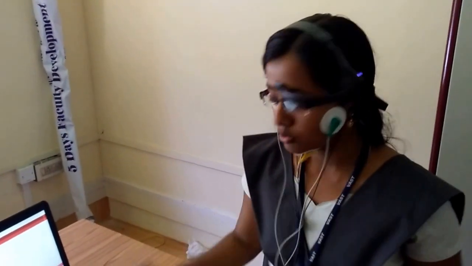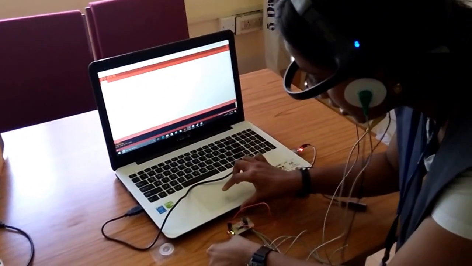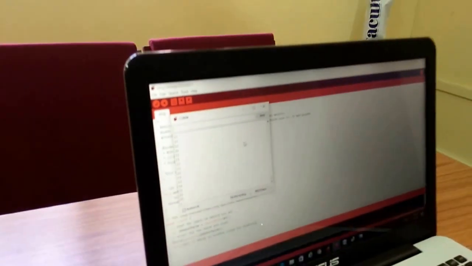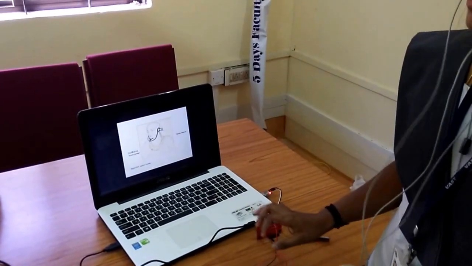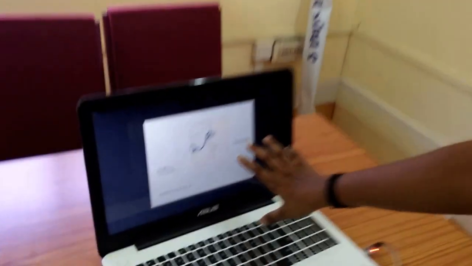By using these 3 electrodes, the muscle movements are captured. This is the Muscle Sensor Kit V3, and when we turn on the device, we get signals like this. When we move the jaw, when the mouth is opened, the signal varies, and the variation is detected and correlated with the brain signals. The correlation of EMG and EEG signals has been done.